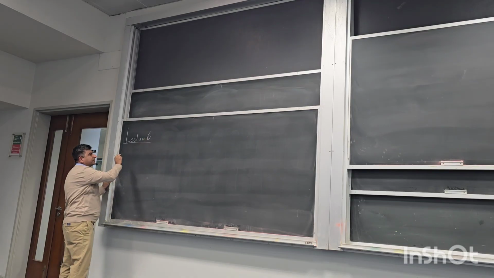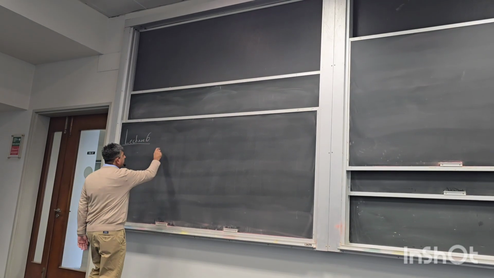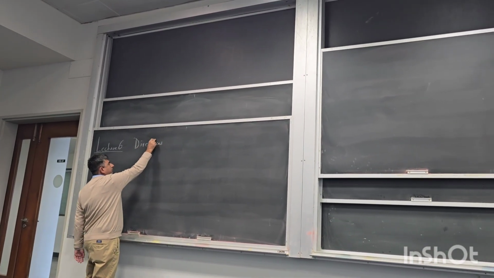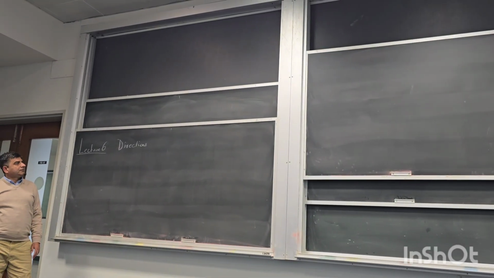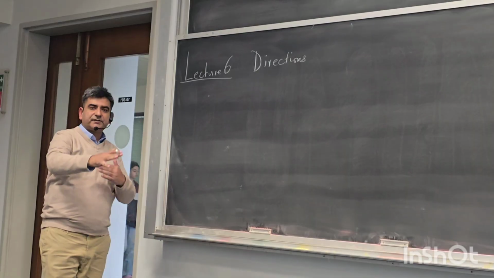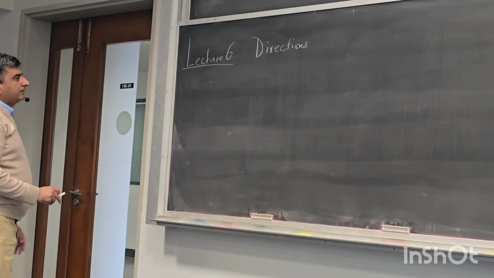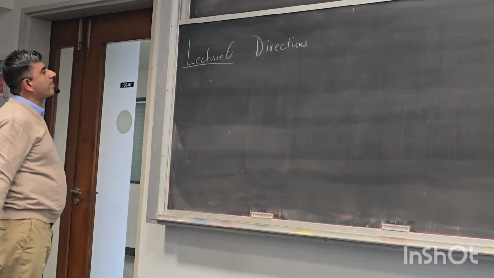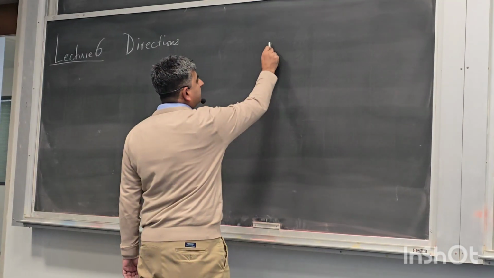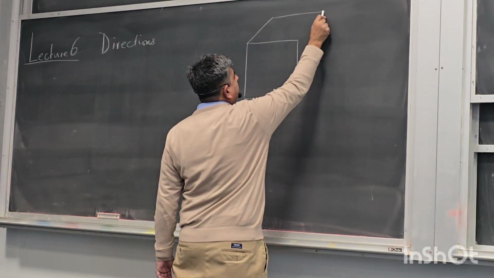And the first of these concepts is how do we define and demarcate directions inside crystals. So there are set procedures for demarcating directions inside crystals. Directions, as you know, are vectors. So if you have some crystal structure, suppose I draw a cubic unit cell